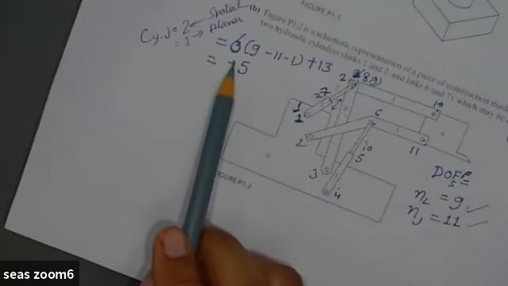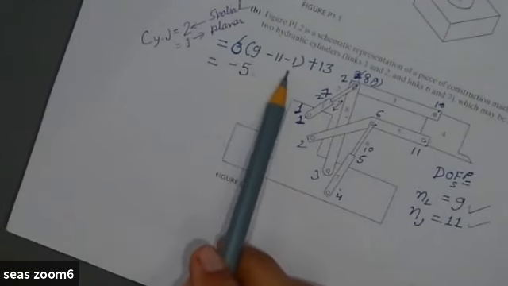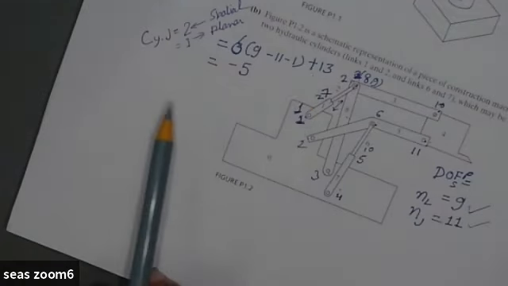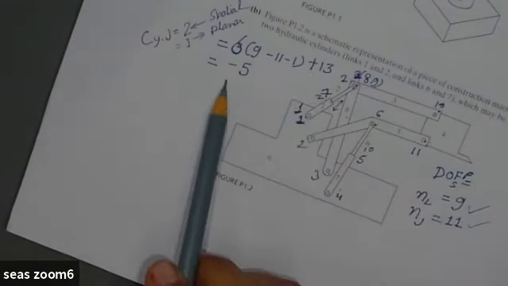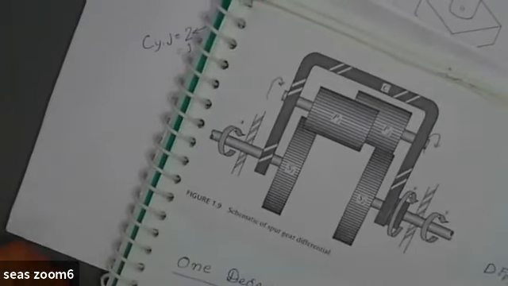So I have just written the equation, that is 6 times NL minus NJ minus 1, plus the sum of individual mobility, so that is 13. So it becomes minus 5. So I hope it is clear by now. If anyone has any question over this, then he can ask. Otherwise, I will go to one more problem for determining the degree of freedom.